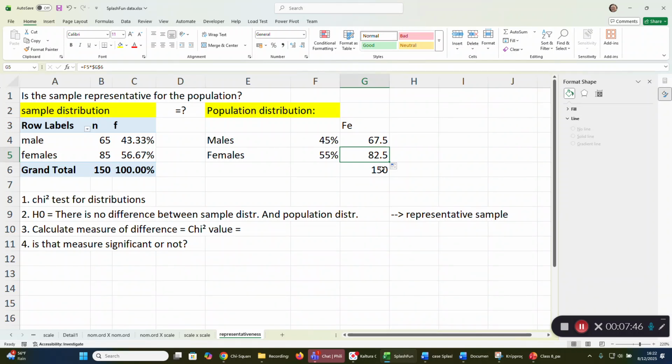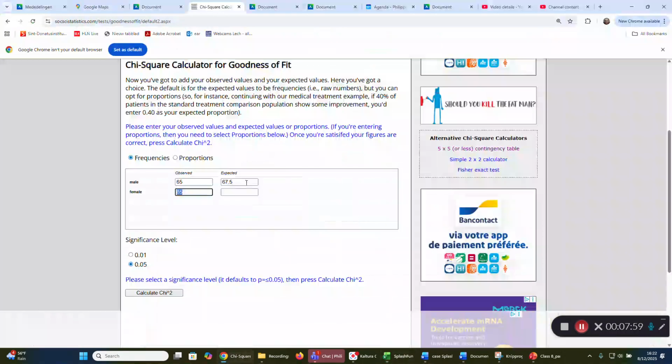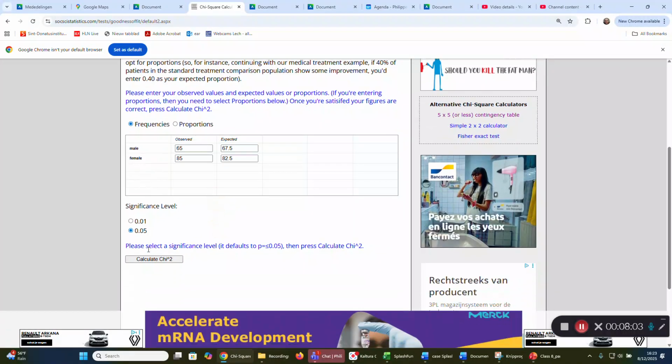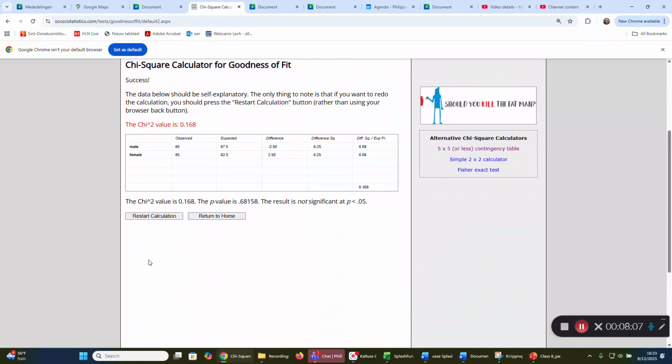Those are the values that you would expect to find in that sample. So those are the values that the calculator is expecting. So we enter them there, 67.5 and 82.5. Okay. Significance level is again 5%, because we are working with a 95% confidence level,